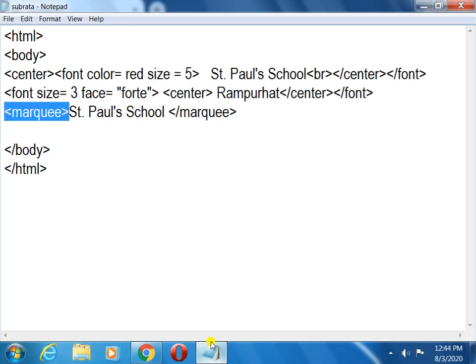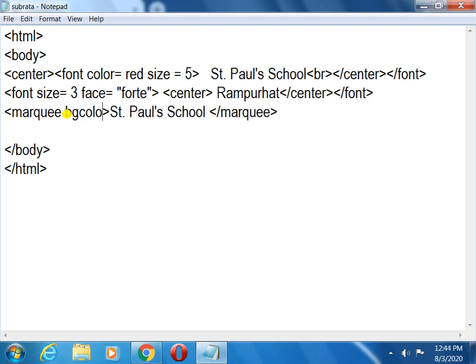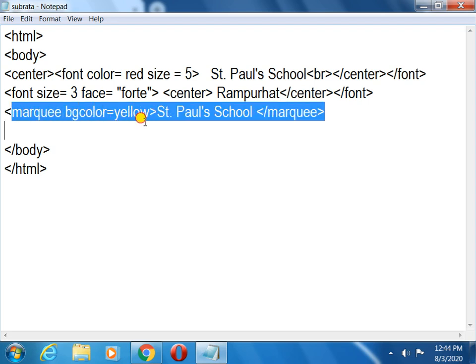Okay, now I will increase the size. First of all I will change the color, bgcolor. Marquee also has bgcolor, which means background color, you know. I gave bgcolor equal to yellow. This bgcolor I am writing inside the marquee tag. Remember, inside the marquee tag.